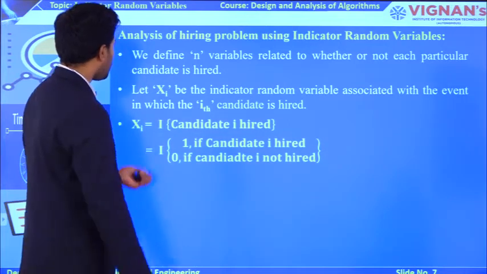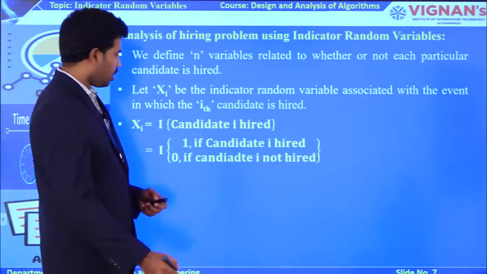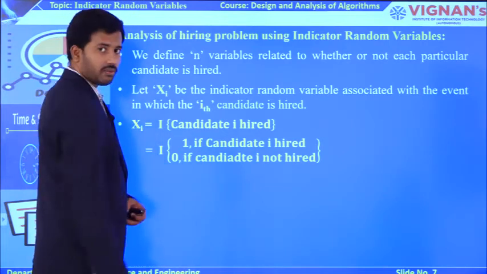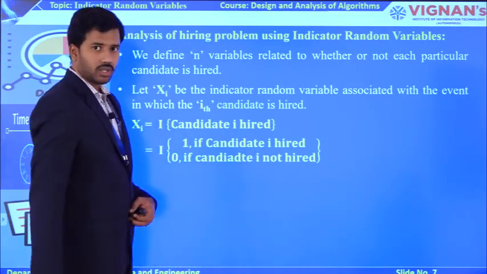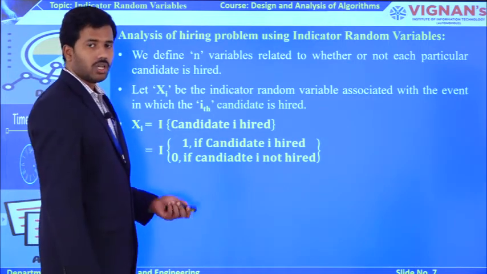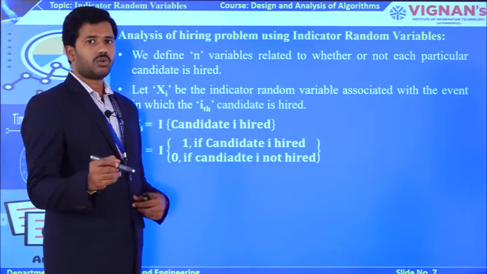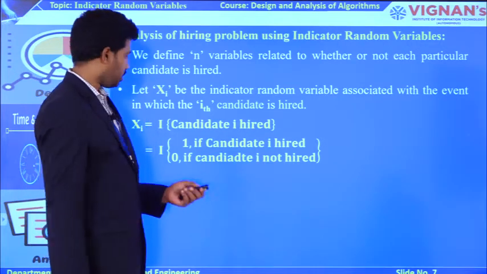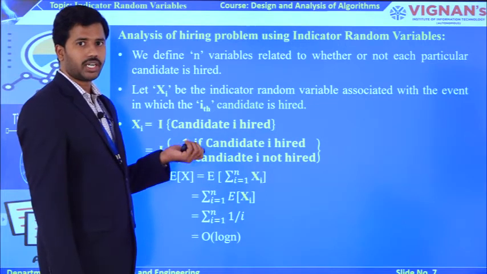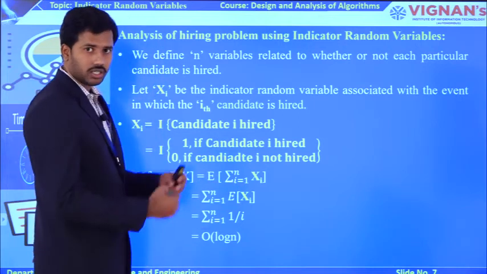So here my event X_i is going to have two values for hiring candidate i, that is going to be either 1 or 0. When you get the event 1, you hire the candidate, and if you are not hiring that candidate, that event is denoted by 0. So likewise you have a procedure to interview a number of candidates, but to hire only a single candidate, right? So now we try to focus on the time complexity based on the procedure of these indicator random variables. Initially you have 1 to n candidates shortlisted, right?